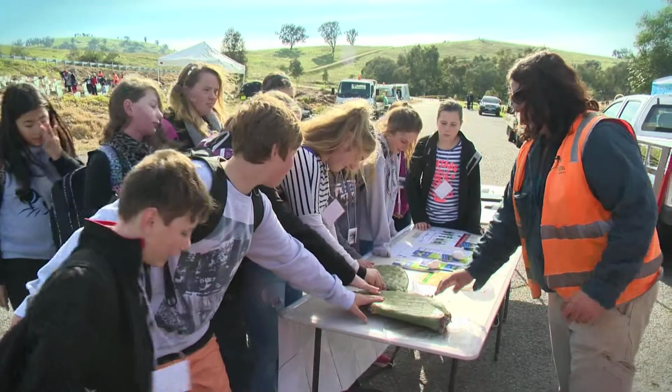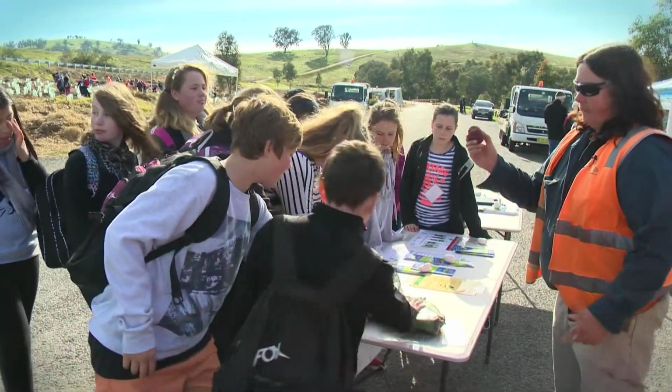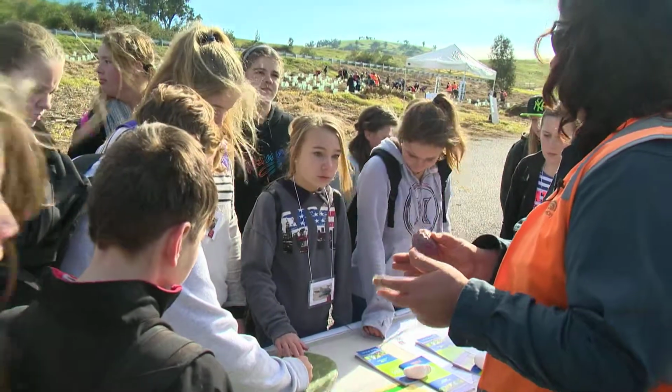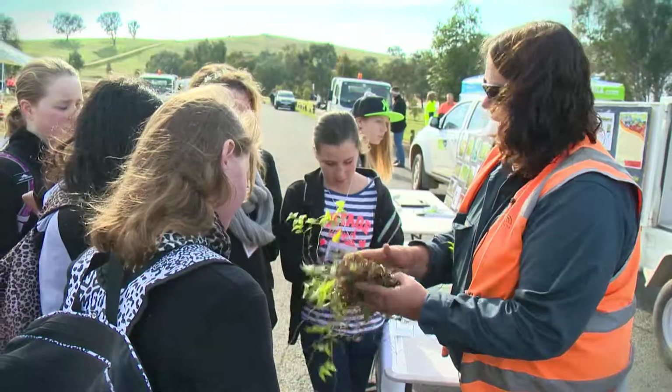The weeds are mainly transferred along the roadways. When we have people come to those areas, we ask them to contact their local council to notify them that they're going to enter that area if they're going to do any mowing or machinery work. We encourage them to have clean machines when they enter that area, and as they leave that area again, their vehicle is clean when they leave. So it's a big hygiene protocol that we'd like people to adopt, and that will help reduce the spread of